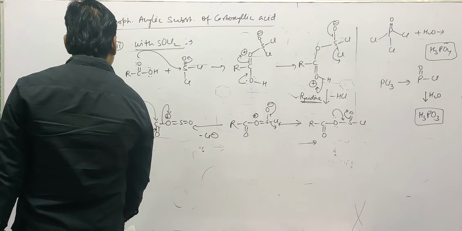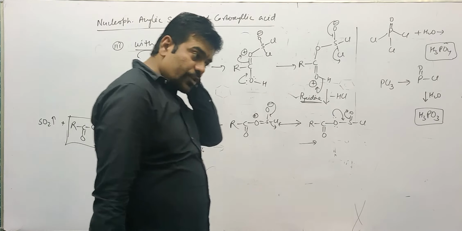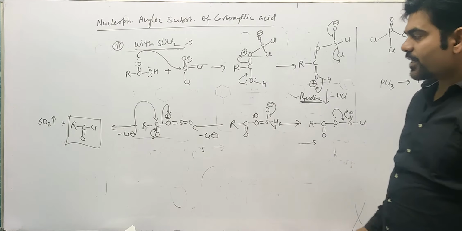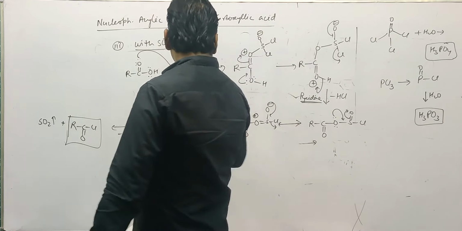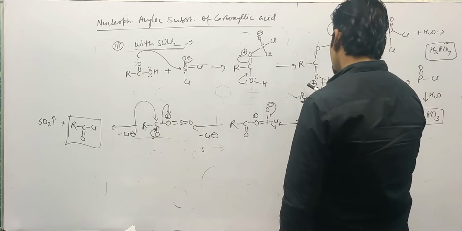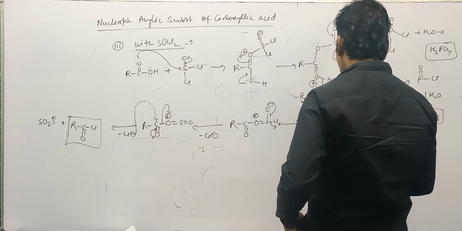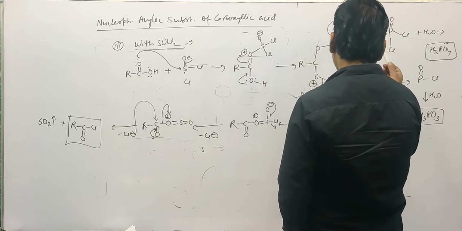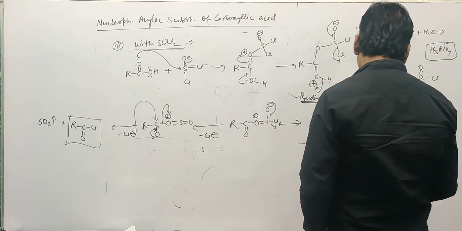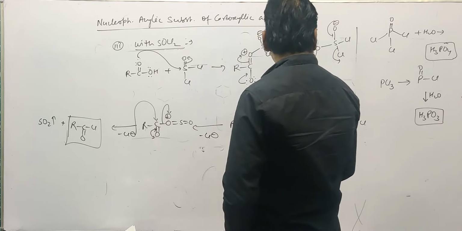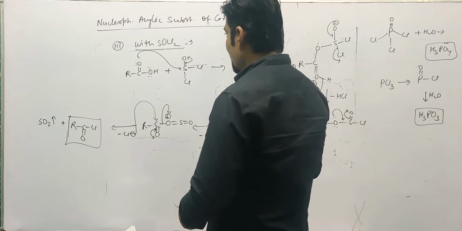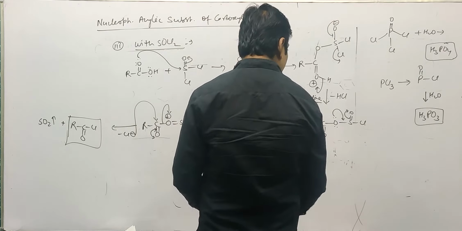Okay. So with PCl3 or PCl5 or SOCl2, it forms the corresponding acyl chloride as the product. Over here, in SOCl2, elimination of sulfur dioxide gas takes place. The reaction is catalyzed by the presence of pyridine, which is a mild base. In POCl3 or PCl3, PCl5, there will be formation of acyl chloride, and the reaction takes place either in the presence of acid or in the presence of base. Over here, the reaction is catalyzed by the presence of a mild base.